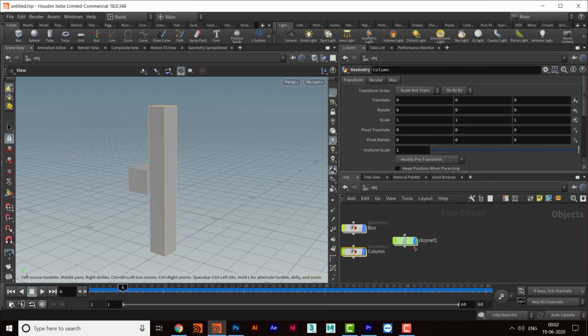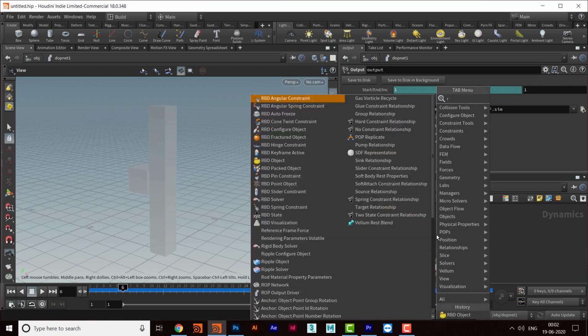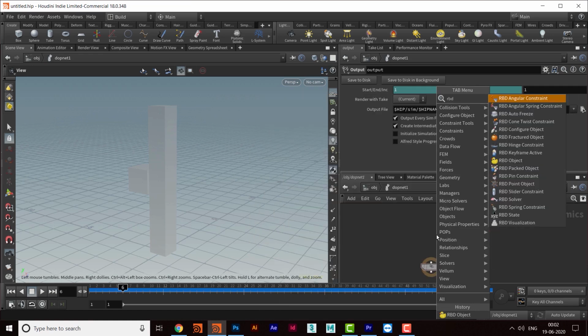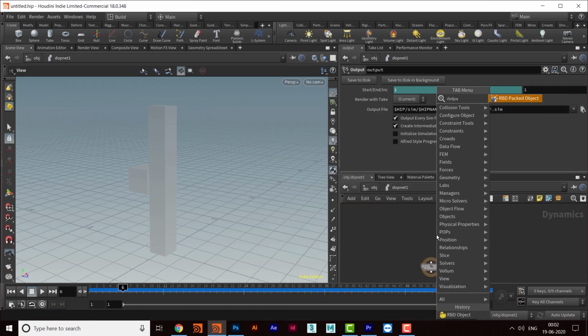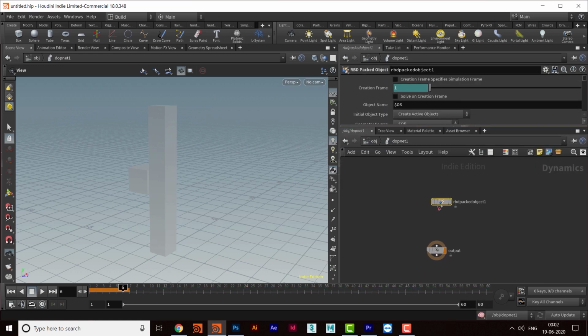So now I will go to top, and to fetch that packed geometry, we will take the RBD Packed Object. For packed geometry, we'll be using this node. And today we'll be using the bullet solver, not RBD. In the last video I used the RBD solver, but today we'll be using Bullet.